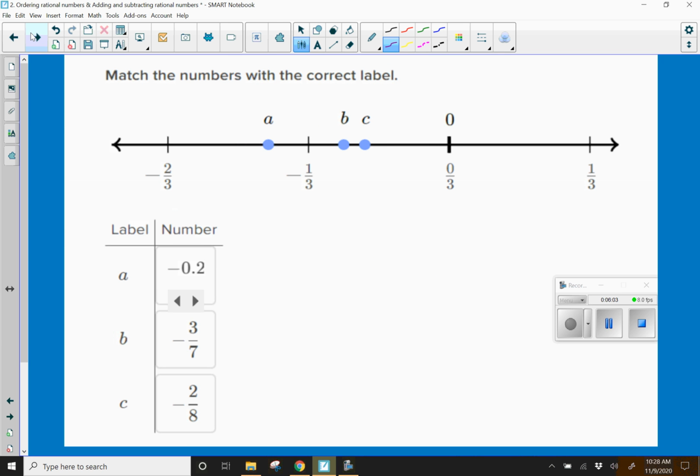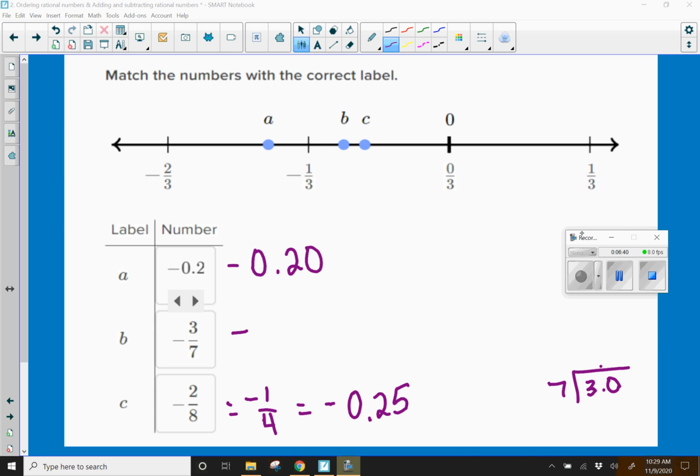Match the numbers with the correct label. Okay, so the first thing, we've got 3 different numbers here. We've got -0.2, -3/7, and -2/8. Well, -2/8, if I simplify that, is -1/4, which would equal -0.25. I'm going to take this out 2 decimal places. And then 3/7 we need to convert to a decimal. So let's go ahead and do that division step. We know it's a negative, so I'm going to drop the 3 inside,